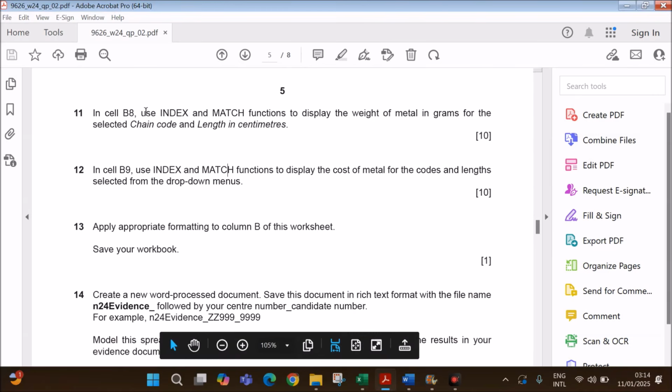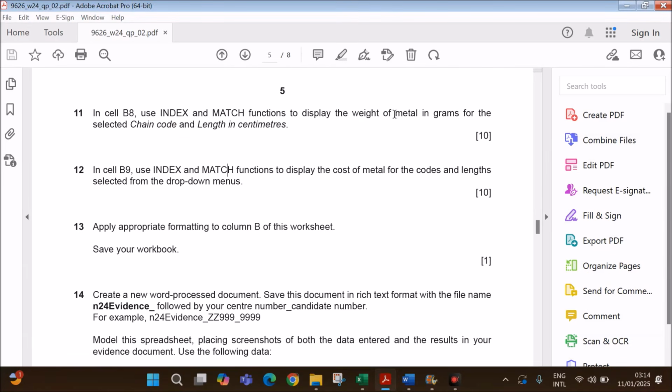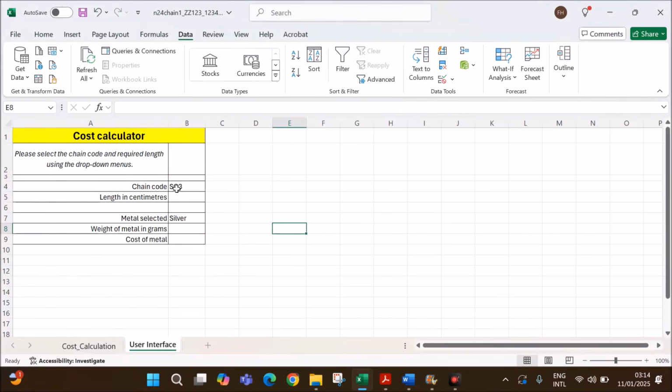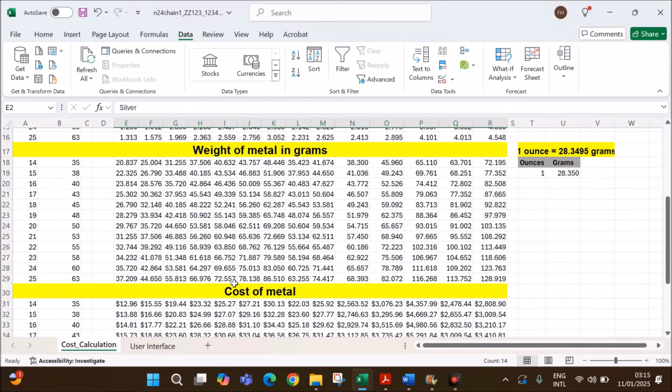In cell B8, use INDEX and MATCH functions to display the weight of the metal in grams for the selected chain code and length in centimeters. So once we enter the chain code and length, according to this, the weight of metal in grams must be displayed here. The weight of metal in grams is in this table